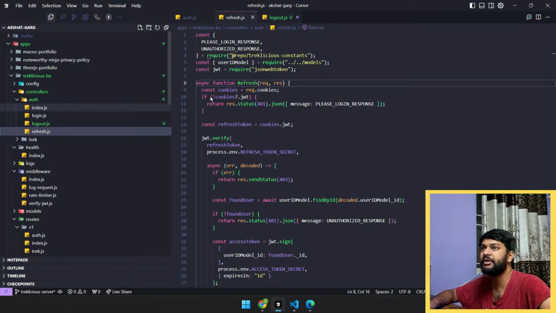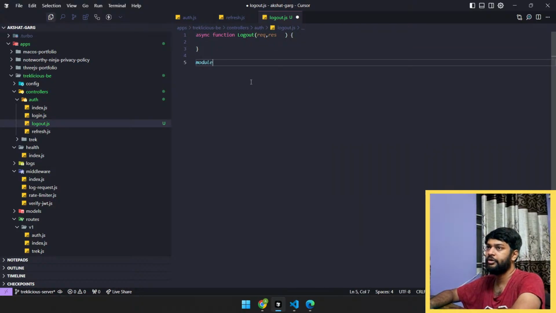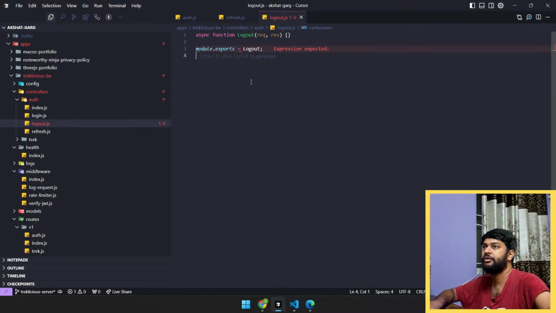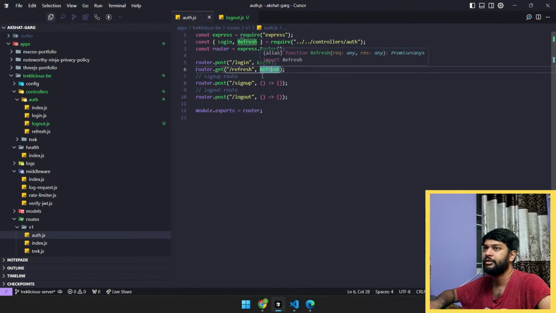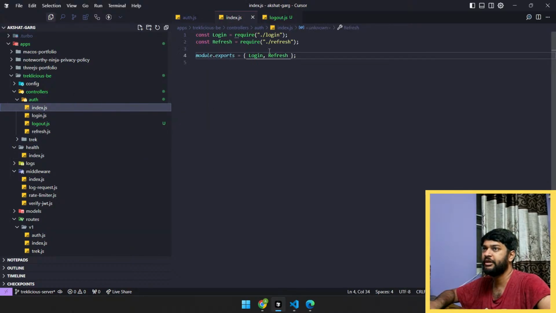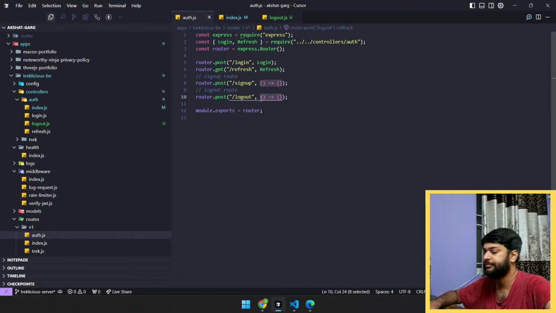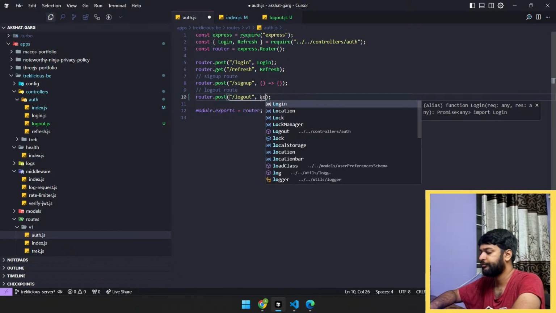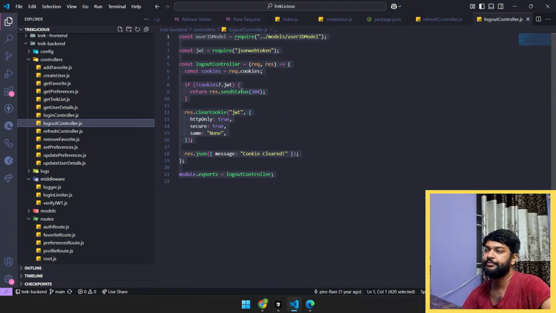Wait a second, refresh में डाला है क्या? Module dot export equals to logout. ठीक है ना भाई? और यहाँ पे लॉग आउट, यहाँ पे लेट्स डू अ लॉग आउट। कूल। लॉग आउट में क्या करेंगे हम? वही सेम थिंग